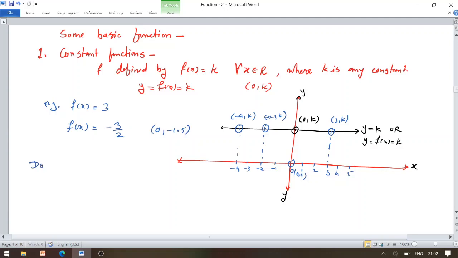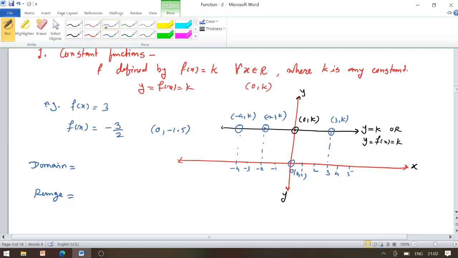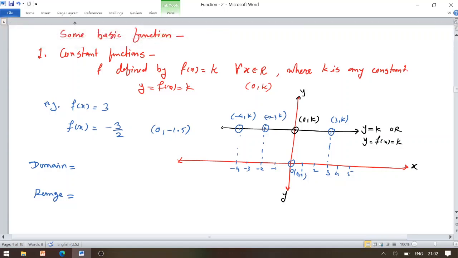So how to write now the domain and range of the constant function. For finding the domain, it becomes any real value. Keep in mind, x can take any real value. Look at the line somewhere here. You may take any one point. So x is continuously varying and the points that lie on that line take all real values because it is the real line. So the domain of the given constant function becomes R, or from minus infinity to plus infinity.